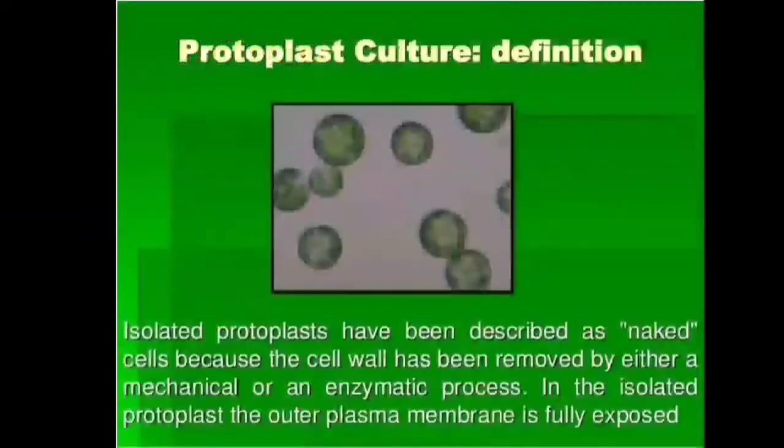So to know what is protoplast culture, first we have to know what is the protoplast. So protoplast means what? It is a cell without the cell wall, okay? A cell which is not having the cell wall is known as the protoplast. And the term protoplast was introduced in the year 1880 by a scientist known as Hansteen, okay?